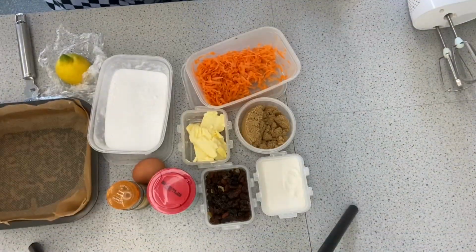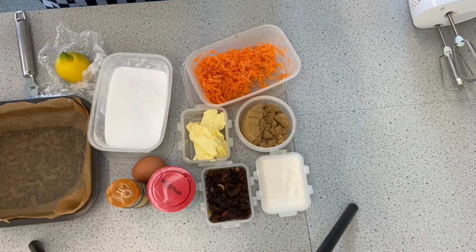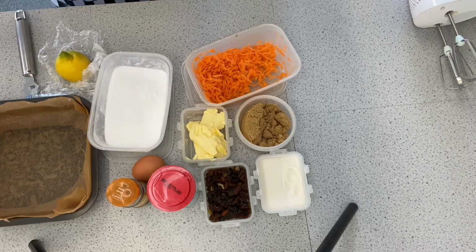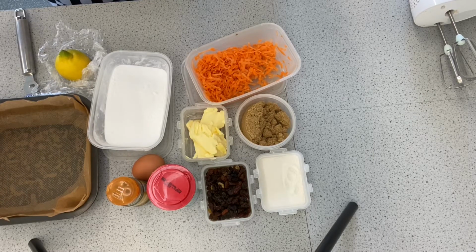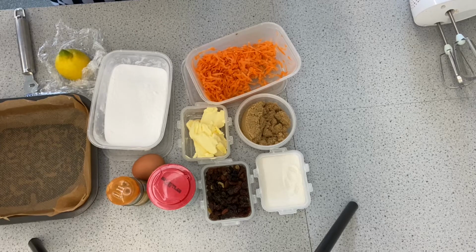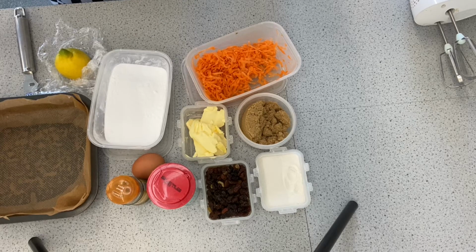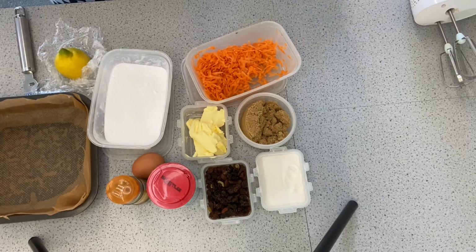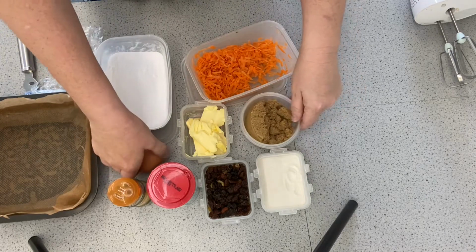In this demonstration, I'm going to make carrot cake, but not just a standard carrot cake. It's a carrot cake with a slight addition to the skills, because it's based on using the foaming property of eggs and egg whites to hold additional air. To make this recipe, you need 1 egg, 100 grams of soft brown sugar,